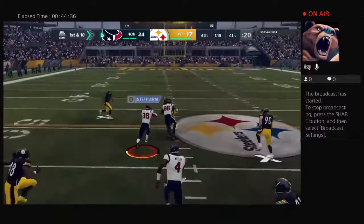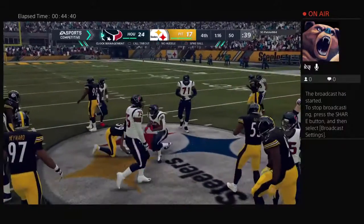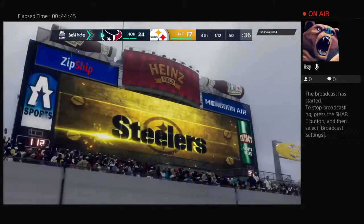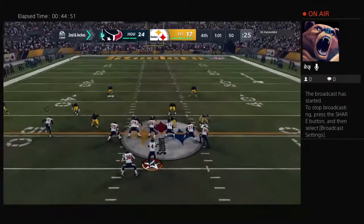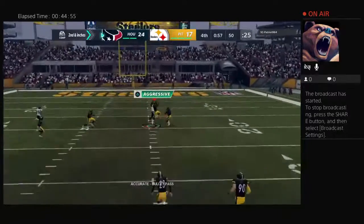They'll try and run some clock here as they keep it on the ground. Give him 10 yards on the pickup, and that'll make it 2nd and a foot or so. Fitzpatrick on the tackle. I have to chuckle to myself a little bit, Brandon, because right now I could be in that huddle with that offensive line, and I know exactly what they're saying. If you call a pass play here, we're going to call...